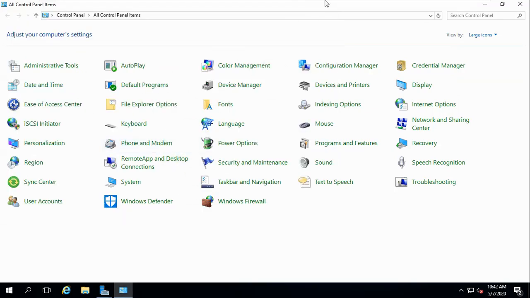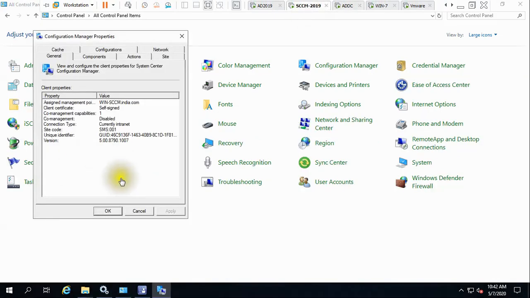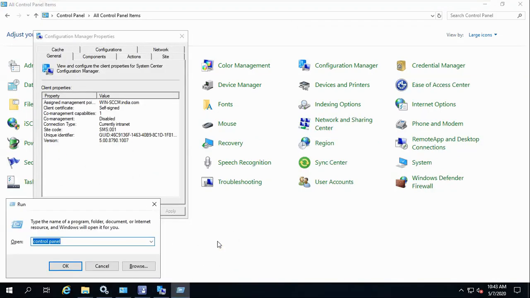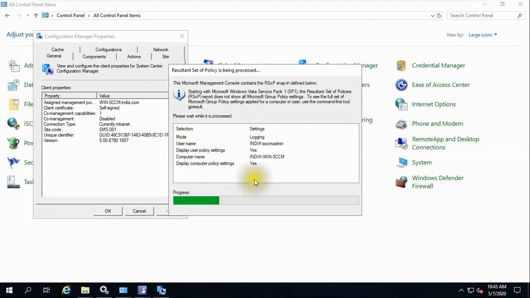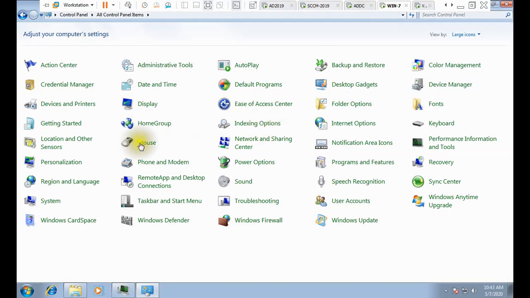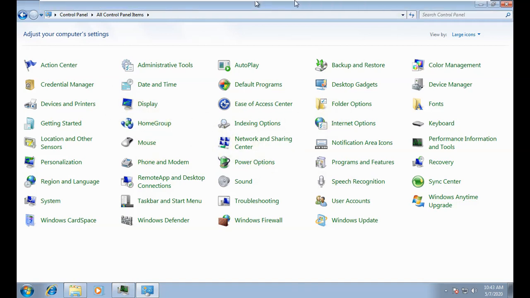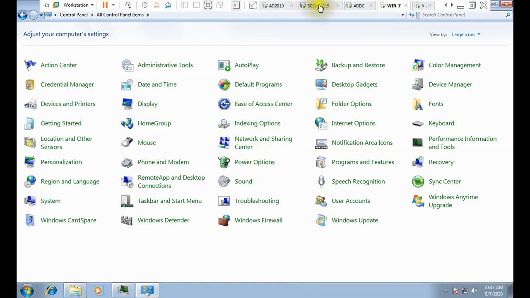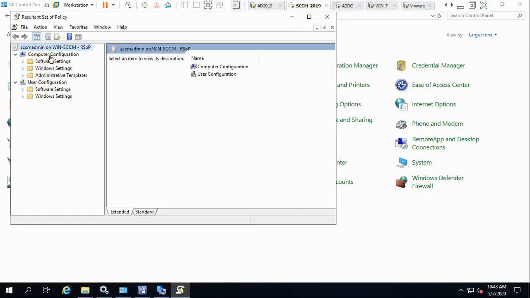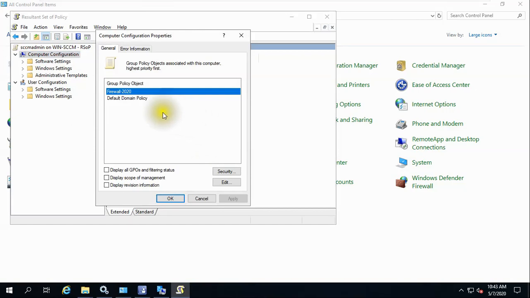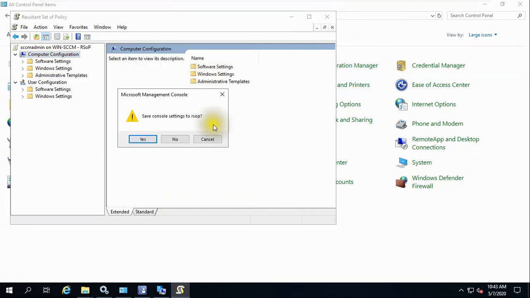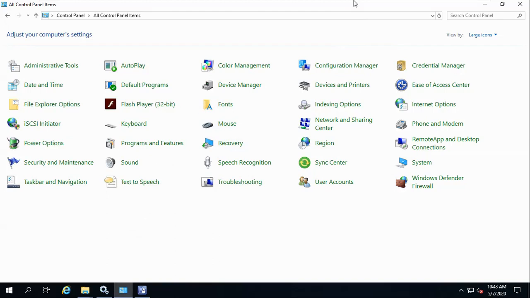On all computers you can check this, even on SCCM you can find the same thing. You need to run the command rsop.msc, and it will calculate. In a further video I will show more about it once they are connected and have downloaded all the components. Here I'm running it, and if you go to the properties of this SCCM server, again you can find the firewall. I had created 2020 and applied. So this is how we can set up the client.